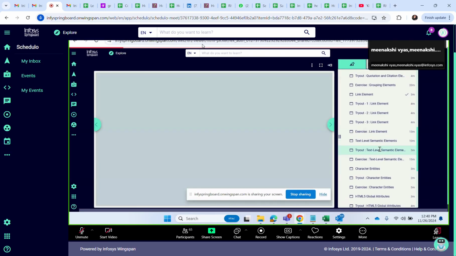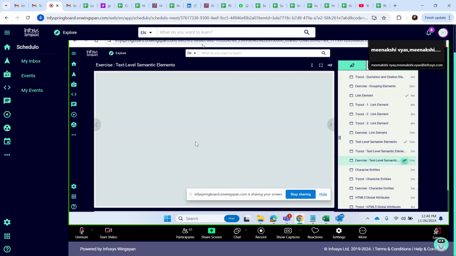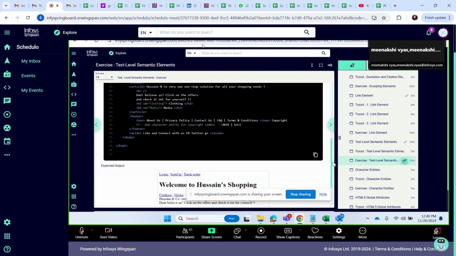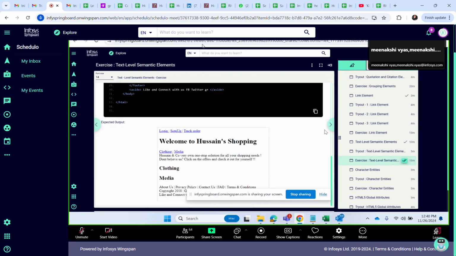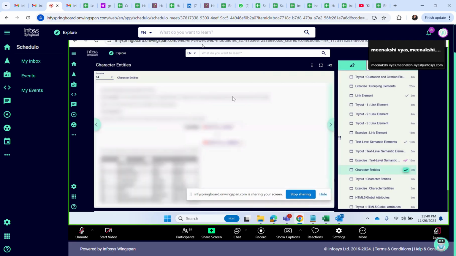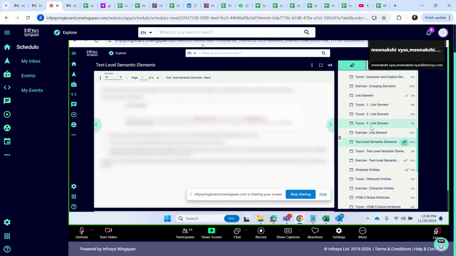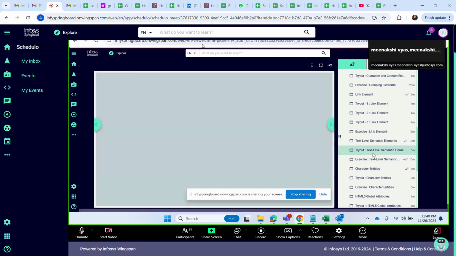Okay. I wanted to show you the ABBR tag. So ABBR is like, for example, I have written WHO, but I don't know the meaning of WHO. So if I put my cursor there, it will show me that this is WHO.